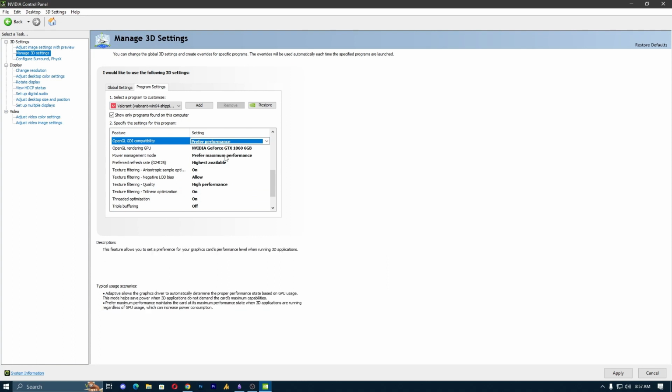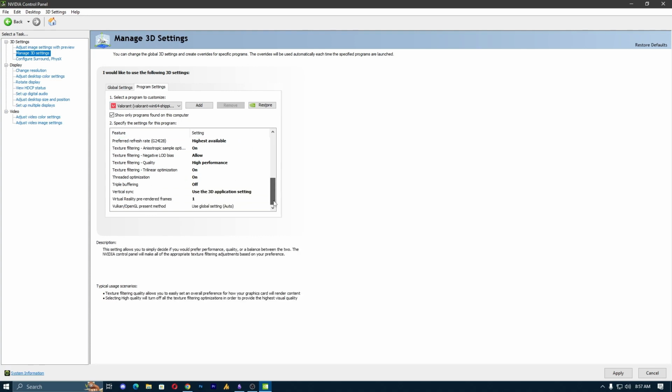Power management mode prefer maximum performance, preferred refresh rate highest available, texture filtering anisotropic sample optimization on, texture filtering negative LOD bias allow, texture filtering quality high performance, texture filtering trilinear optimization on, threaded optimization on, triple buffering off, and